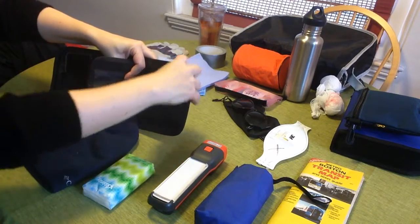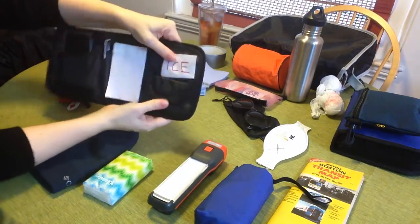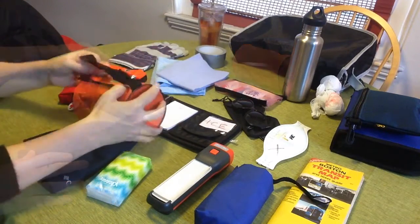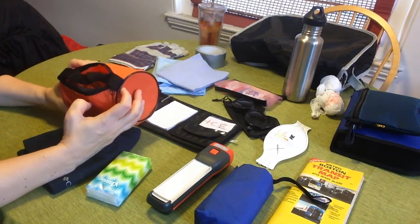One of them you could just have some cash. It's not really obvious it's there. This is just a dollar bill to demonstrate. And this fit easily in there and gives you another organizer. I think these are actually pretty neat and very compact, but again,